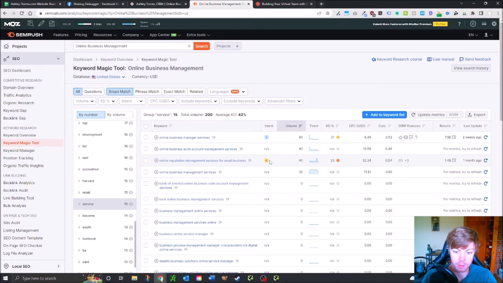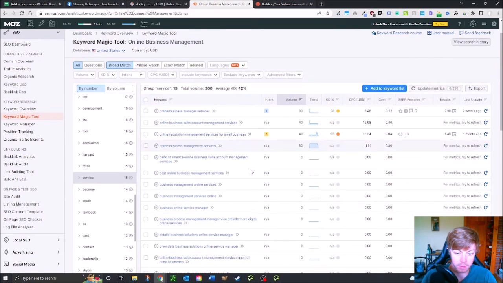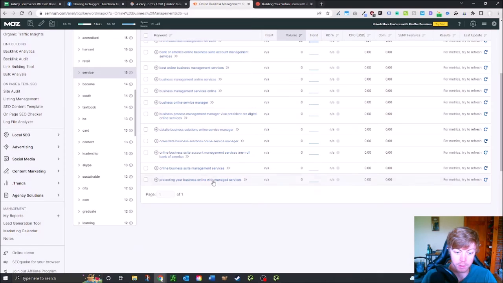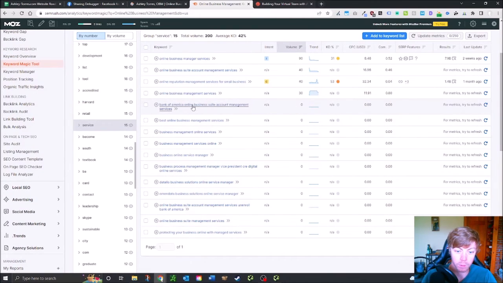Here's a good one. This C here indicates commercial intent. Looks like it's a pretty competitive keyword, but if you could rank for any keyword, this is the one you would want to rank for, online reputation management services for small business. So there are a lot of other keywords here that are definitely worth going after. They don't really have any data, but just because they're popping up means that some people are looking for them. And it also means that there is not really a lot of difficulty in ranking for them. So these are other keywords: business management, online services,